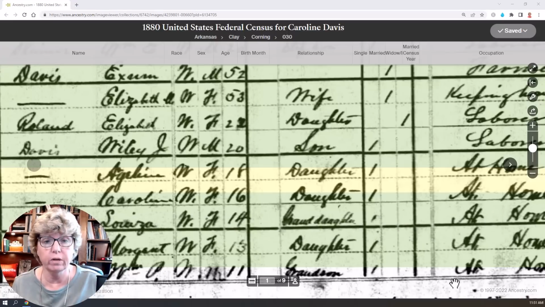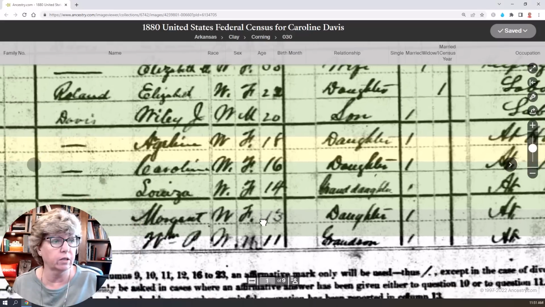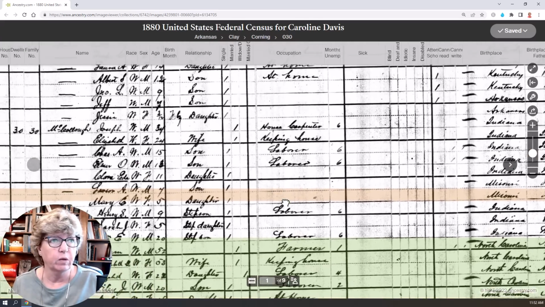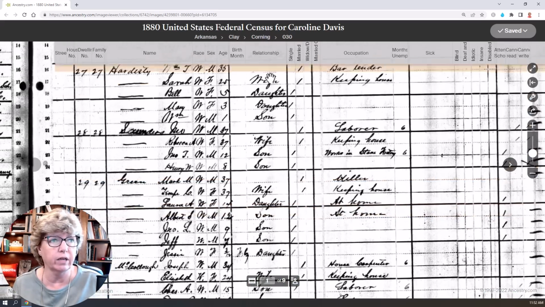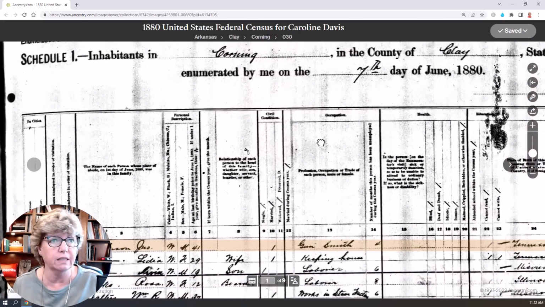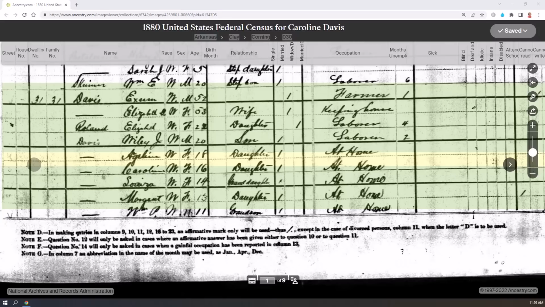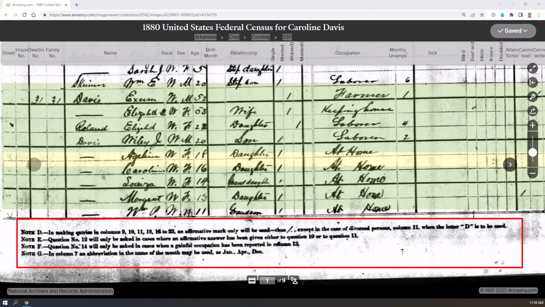So here is some more interesting information. If you take a look at William, he's 11 years old in 1880, which means he was born about 1869. He was born in North Carolina, which means that this family migrated to Arkansas between 1869 and 1880. There's a migration here. Remember we were paying attention to some of the rules at the top of the page. Now we're going to pay attention to some of the rules at the bottom of the page because it provides us more clues